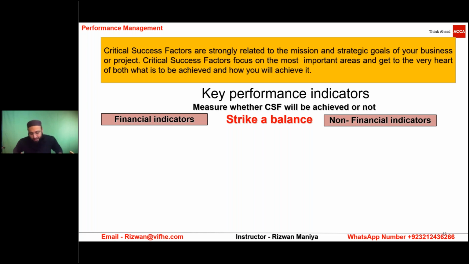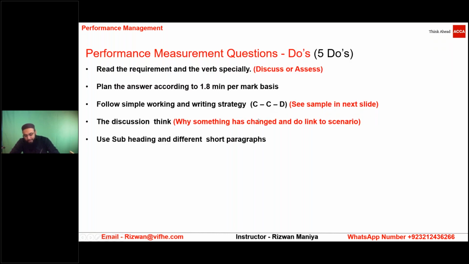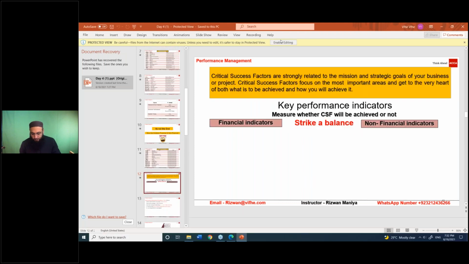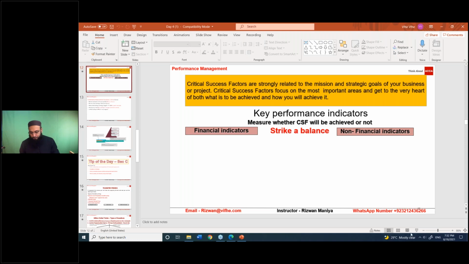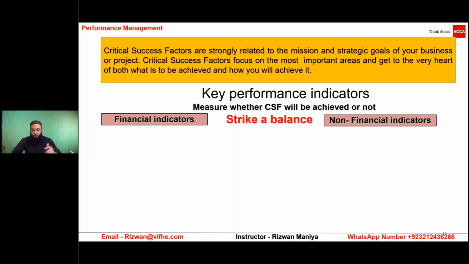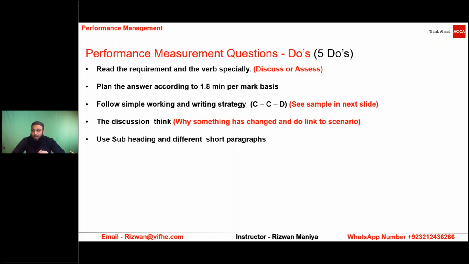Now, the second thing, which is very important and which is the main topic for today, is CSFs and the KPIs. Now, what are KPIs? KPIs are basically,